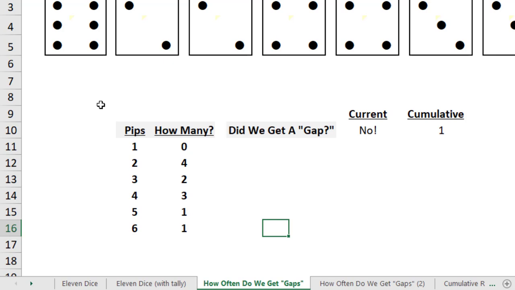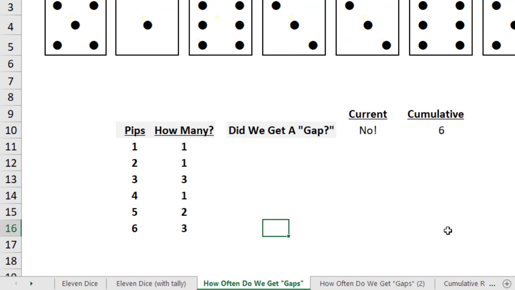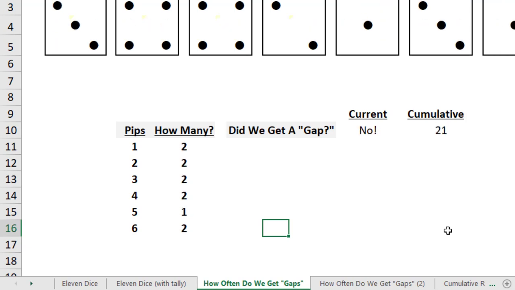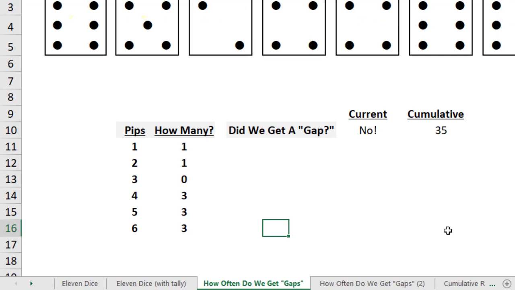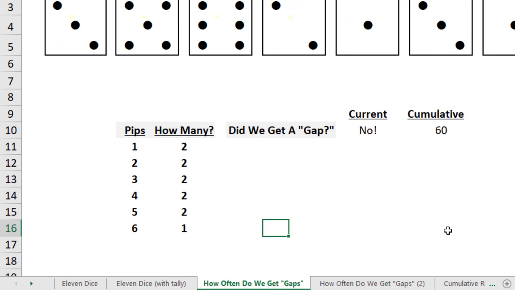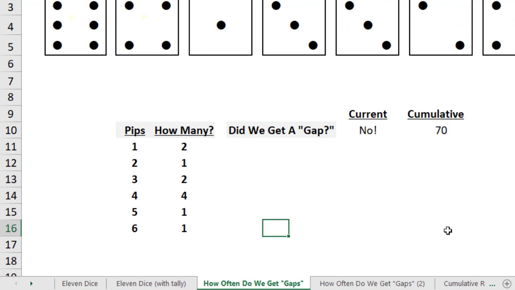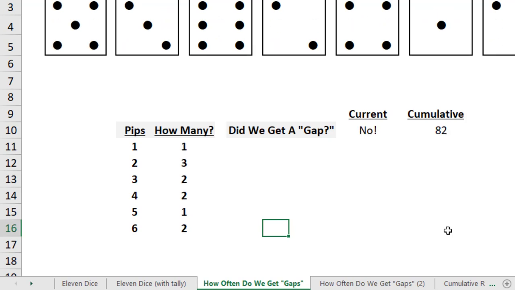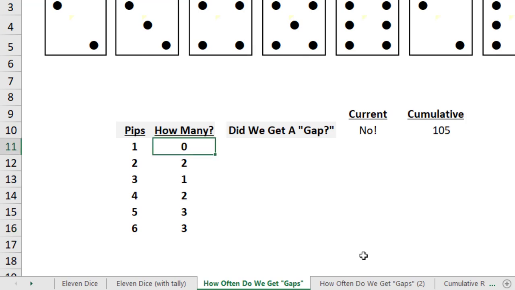Okay, back to this. I'm going to randomize a couple more times. No gaps there, no gaps there. Okay, there's a gap there. So what's kind of fun about Monte Carlo simulations is I can just hold down this button and let her just go to town. This is a little bit hard to look at maybe on your computer monitors, but it's keeping track of how many gaps we're getting over the course of however many trials are being held. And you can see right here the no's and the yeses are bouncing around quite a bit. I'm just going to let go here. So we've had 105 cumulative gaps.